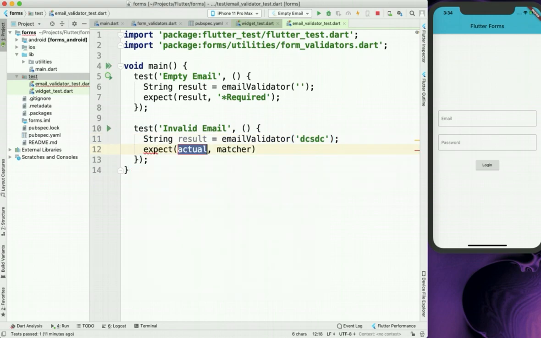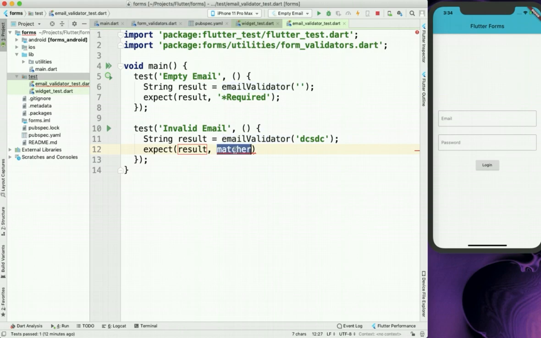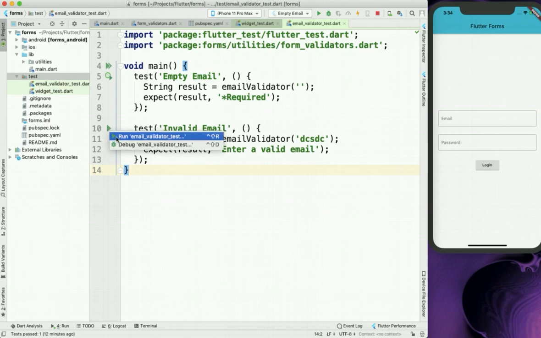Now for expect, in actual it will be result, and in matcher what we will expect is enter a valid email. Let's run this test.